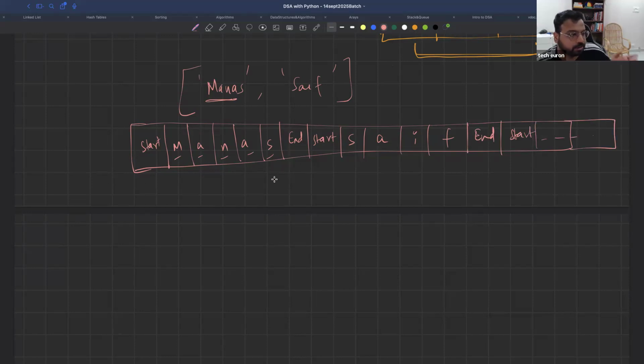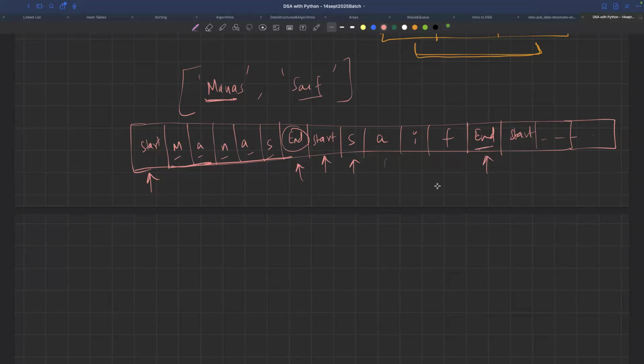तो डिलिमीटर यूज करके ये डेटा एक्चुअल में स्टोर रहता है। तो जब सी उसको रीड करेगा तो सी देखेगा अच्छा स्टार्ट मिल गया, इसका मतलब मेरा स्ट्रिंग स्टार्ट हो गया। उसको रीड करता जाएगा जब तक उसको एंड ना मिल जाए। एंड मिल जाएगा तो समझेगा कि अच्छा मानस हमने रीड कर लिया, अब सैफ को रीड करो। तो स्टार्ट मिल गया, फिर एस ए आई एफ ऐसे रीड करेगा, एंड मिल गया तो उसको खत्म कर देगा। तो इस तरीके से ये स्टोर रहता है। इट मींस हम स्ट्रिंग में डिफरेंट लेंथ का डेटा स्टोर कर सकते हैं, बट द टाइप शुड बी होमोजीनियस।